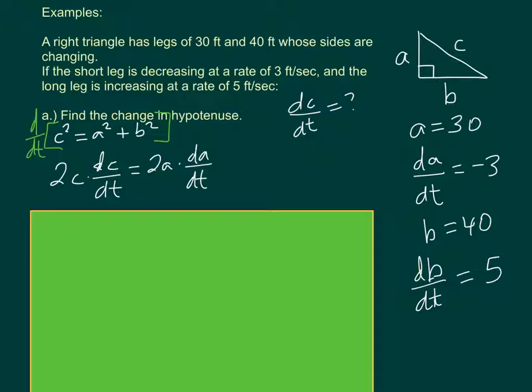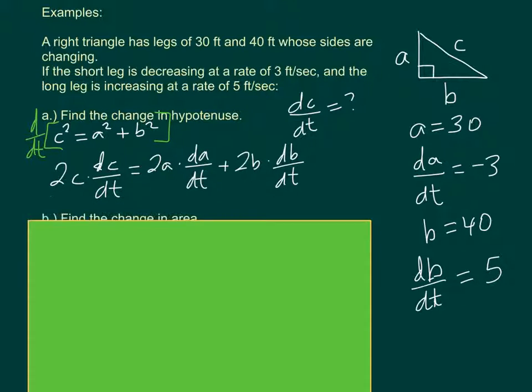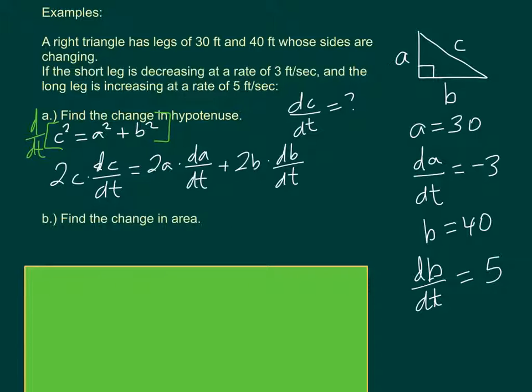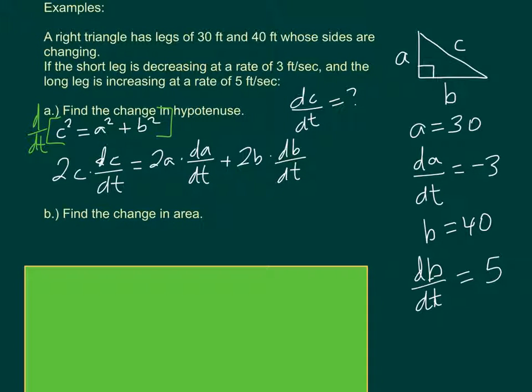Derivative of A squared with respect to time. Derivative of B squared with respect to time: 2B times dB/dt. And so, if I plug in stuff, we'll get to that one in a minute. So I'm going to have 2 times,